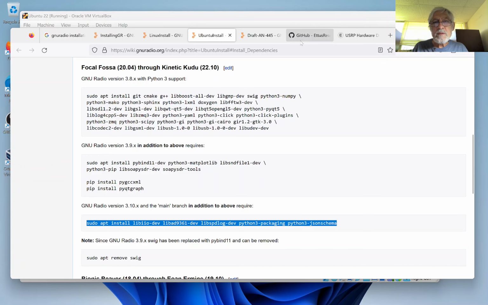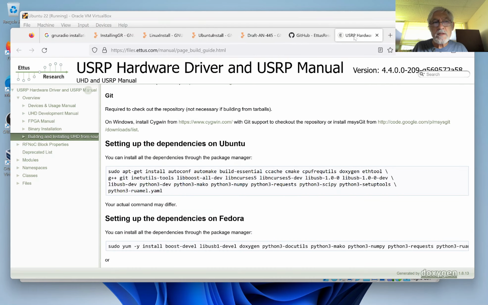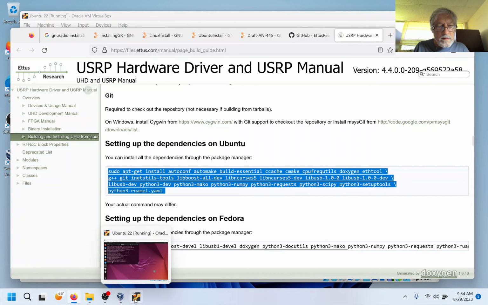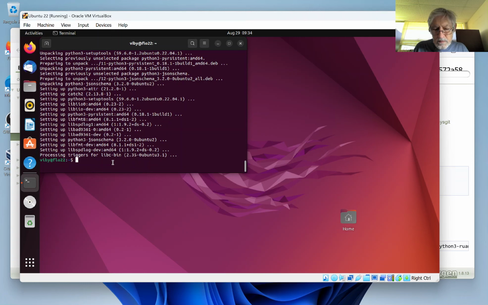So this is from the Ettus website, and it's actually here. This is on the ettus.com website under manual page build guide UHD. And so here we can see setting up the dependencies on Ubuntu. So we go here and copy this over and go back to